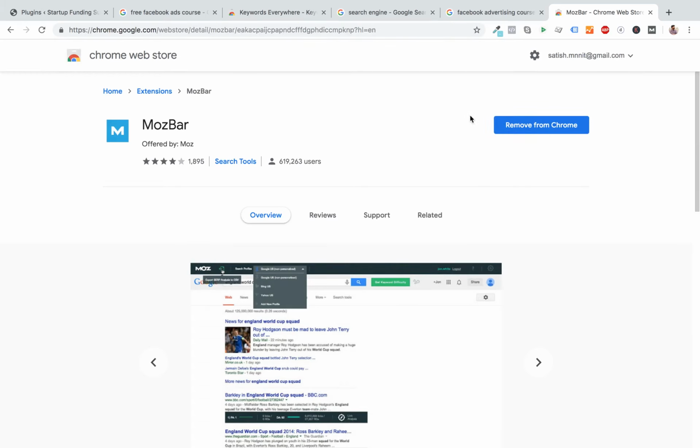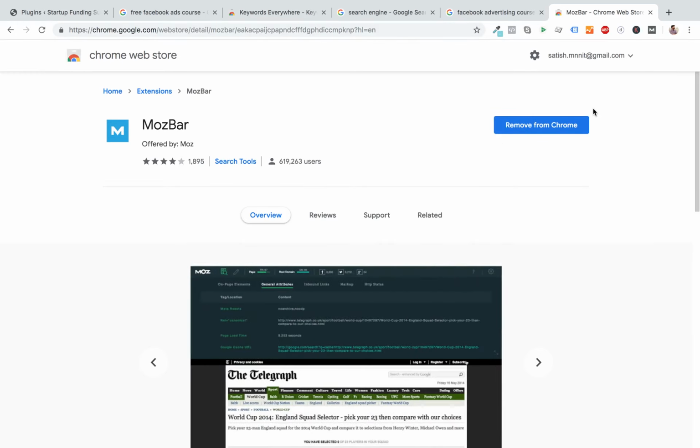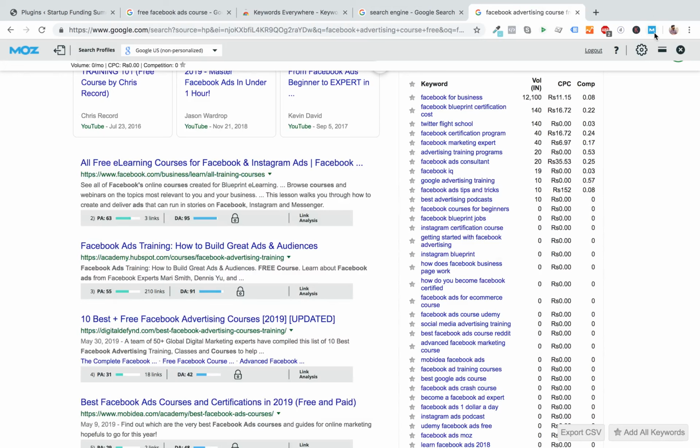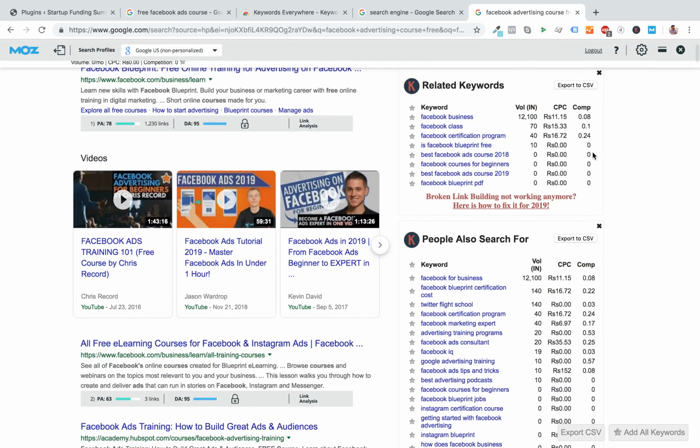Once you click here to install the plugin, I have already installed. That's why it's not showing up here. It should show up in your bar like this, and you can click on the MozBar to make it active. Also, you need to go to your email and confirm the email. Create a sub account on your email and confirm the email. That's when you would be able to look at this particular thing, right?